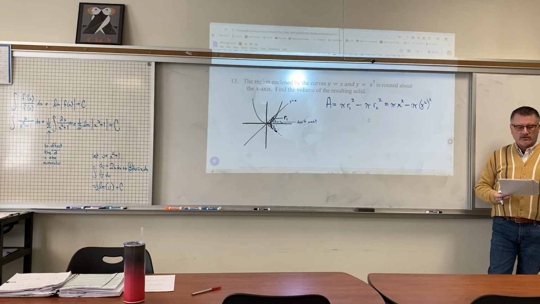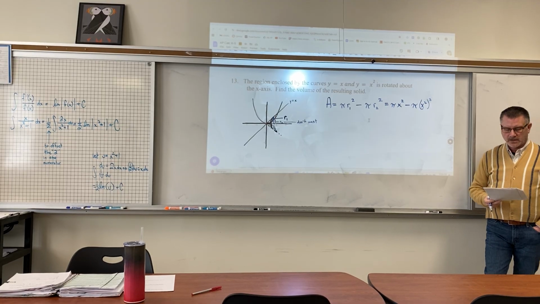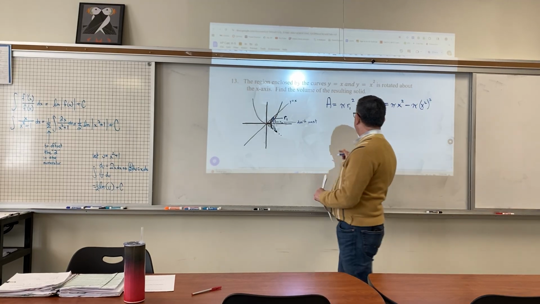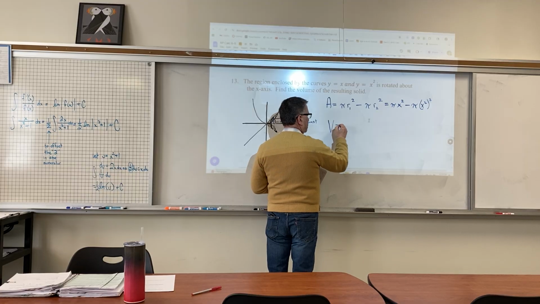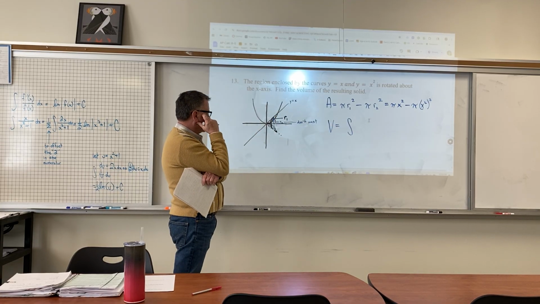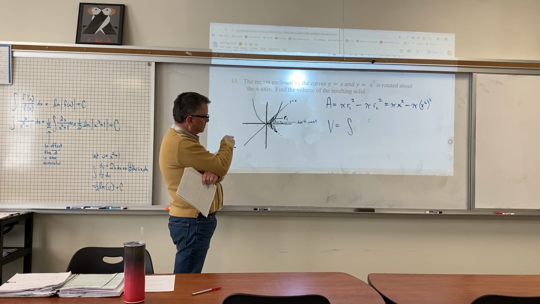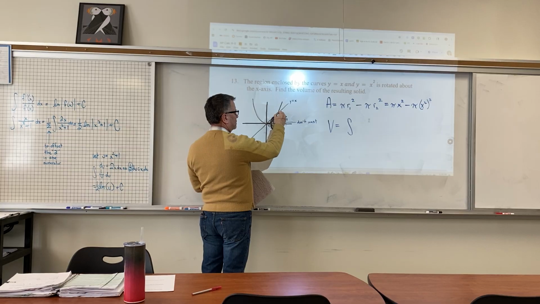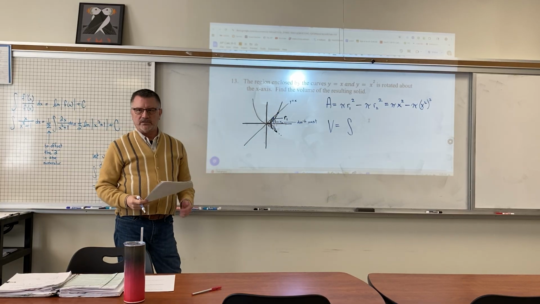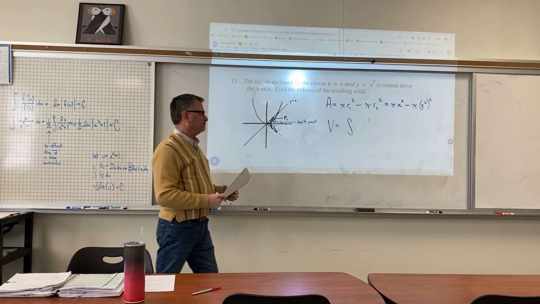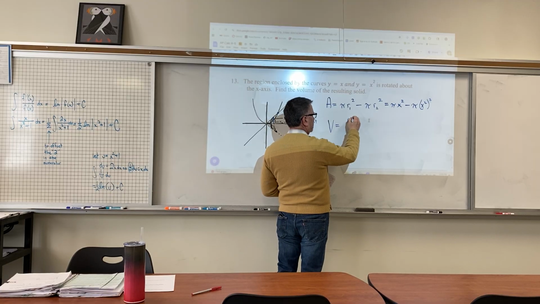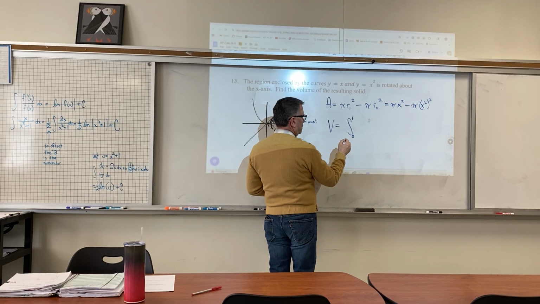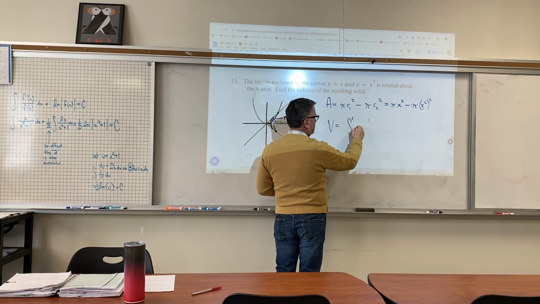But I want to find the volume. And I know volume is the integral. Well, let's see, from what to what? Probably 0. I gotta figure out where they intersect. Does anybody know where they're gonna intersect? 1. 0 to 1. Again, you can just set them equal. And that would be pi